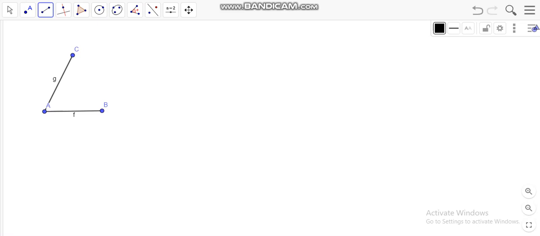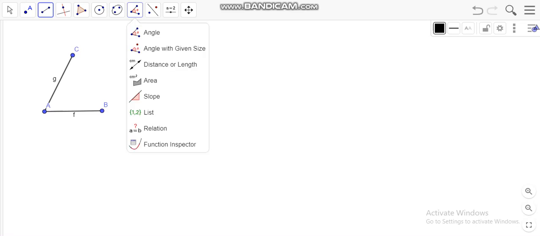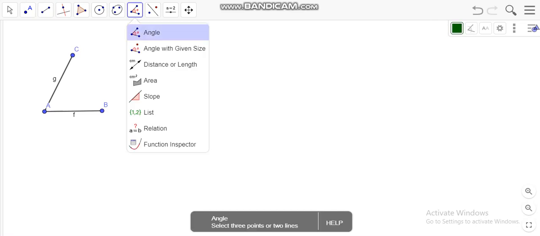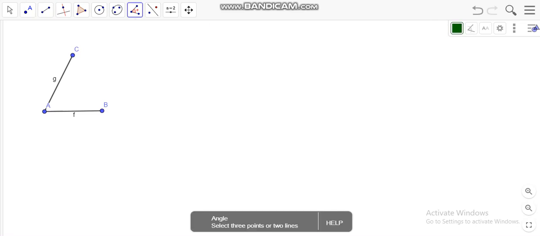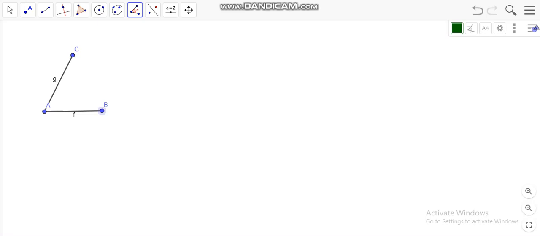But as you can also see that it has no measure. Now you might be thinking, how are you going to measure this? We don't have a digital protractor. Well, we actually do. It's right over here. Now I'm going to click on this box, then click on angle. Now to measure an angle, we actually have to go clockwise like in a protractor. Then we click on this point which I've highlighted, then on this point and then on this point. As you can see, that created a measurement.